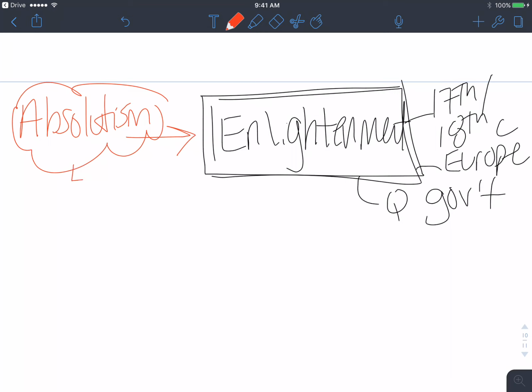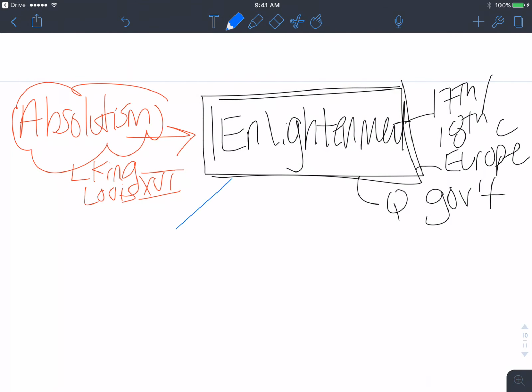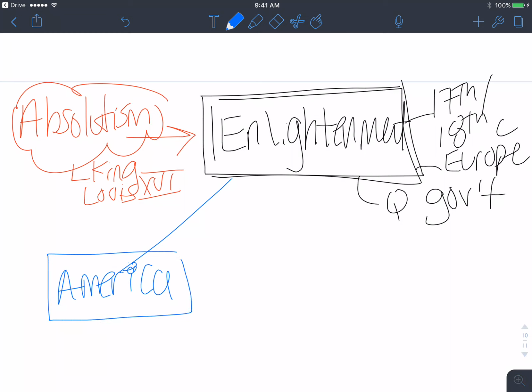All right. Example, we use King Louis XVI during the French Revolution, although that does come after the Enlightenment, but it does show the tyranny that you learned last year, one of the big people you need to know. So now let's just branch this off real quick. The impact of the Enlightenment. Specifically, we're going to look at America. And when we say America, that's just a local term to say the United States, because you can also consider Canada as part of America, Central and South America as well.